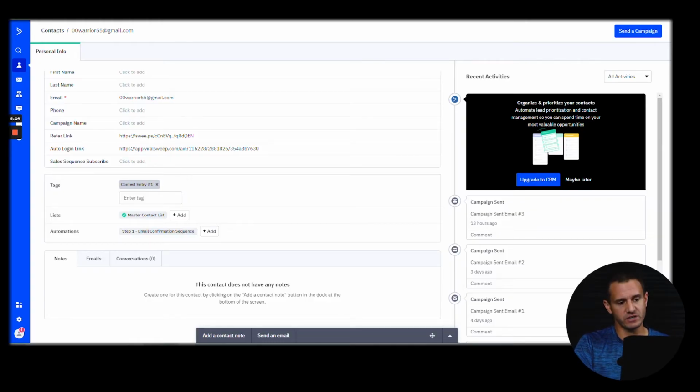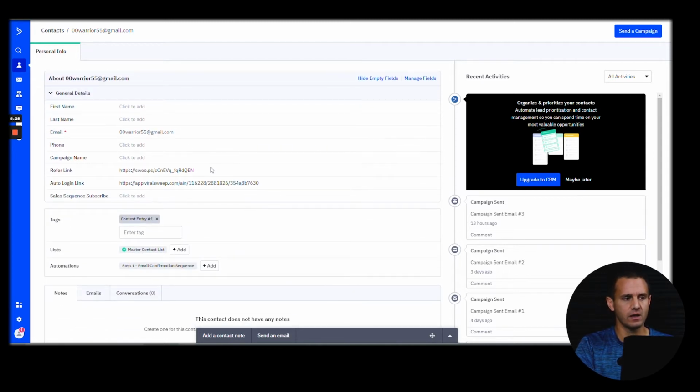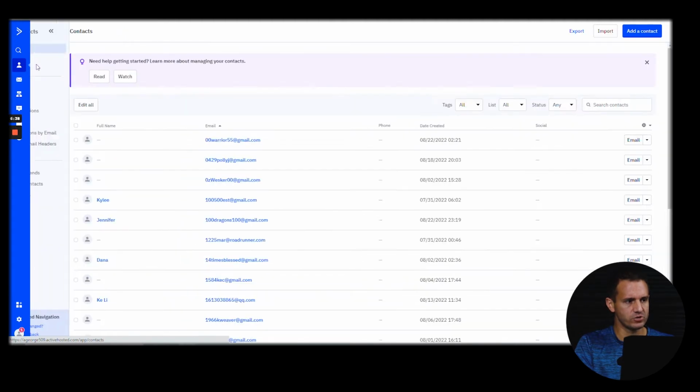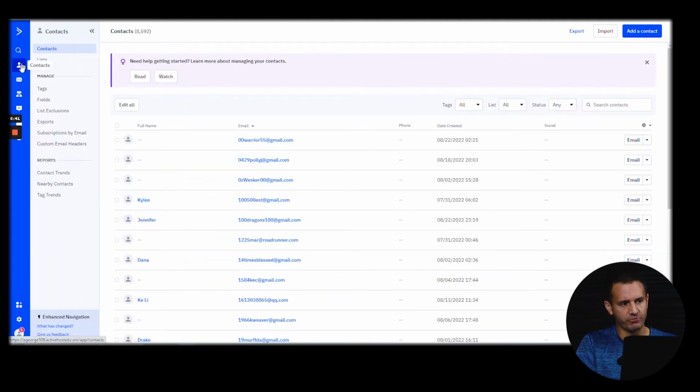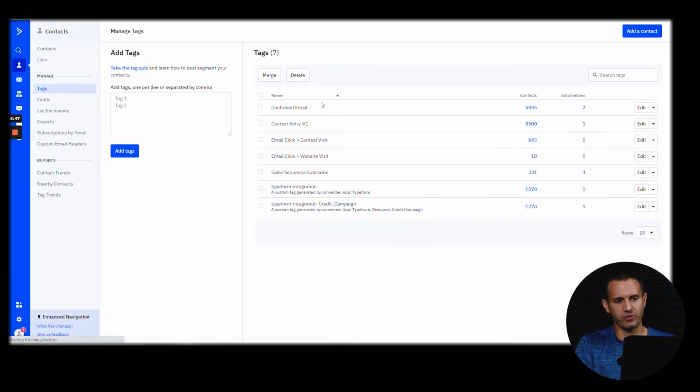So as you can see here, this person here entered a contest. They're on my master contact list, and it shows also which automation they're currently in. Okay, so this is all very useful information, so I can look up a contact record. I don't have this person's name because they just entered a basic contest, but if I did have more history with this person, it would probably show their first name and other things. So this is what we call a contact record. Now, it's really helpful in ActiveCampaign. If I go to expand out from contacts, you can see here it shows tags. Okay, and tags are basically the different file names, so to speak, that I have on different people's contact records.